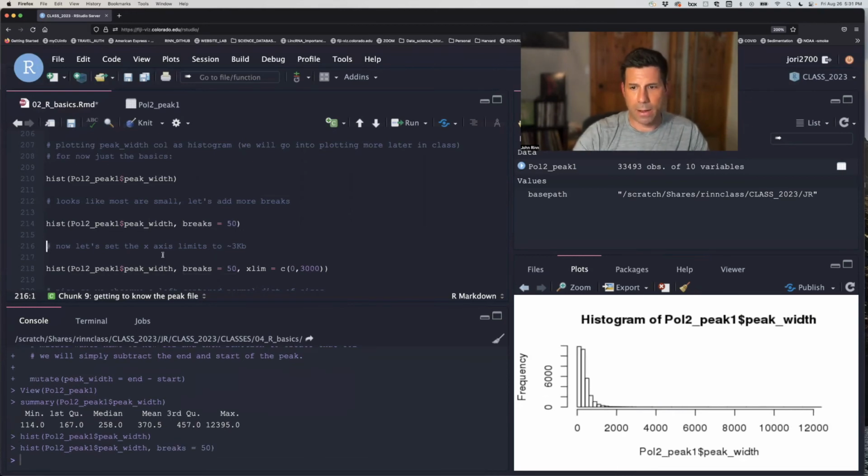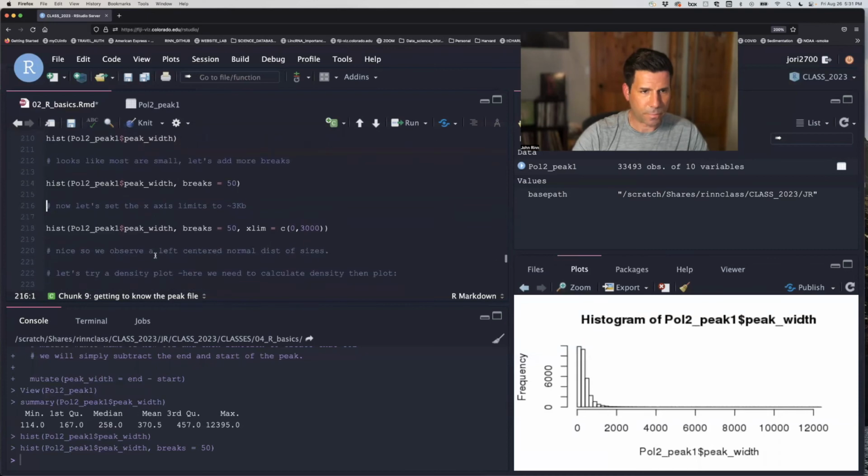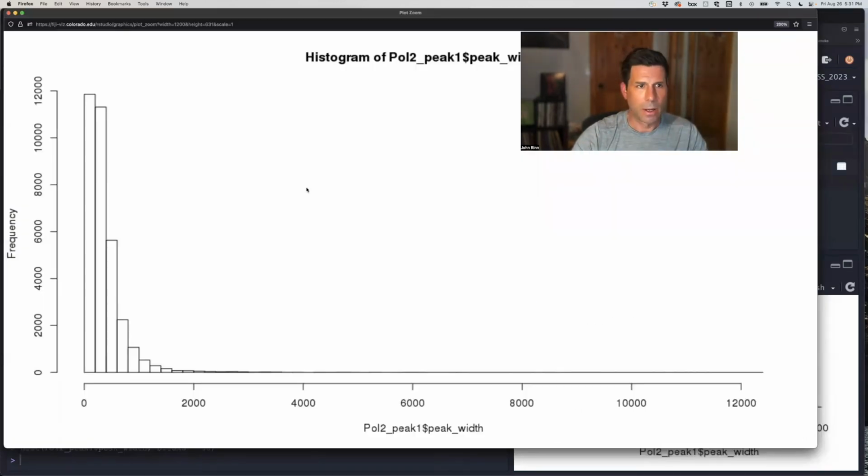So let's do that. If we have more breaks, we can see some of the data kind of decaying instead of just looking like one big brick before. And then we can add another thing, because most of the peaks seem to be before 4,000, or we can't really see them anymore. You can zoom in here and look closer, but it looks like somewhere around 3,000, our data is too small